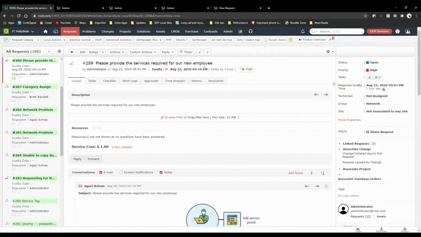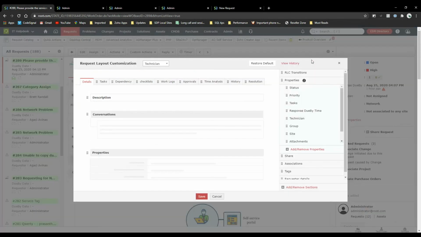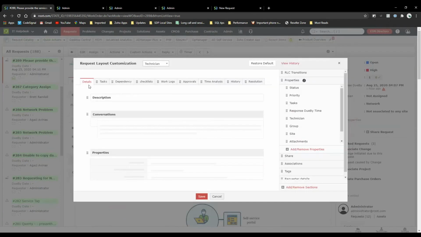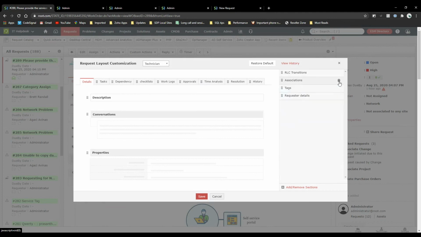In the template, or while you're working with technicians, in our previous builds we never had this option to customize how the layout should look for the technician or for the requester. But with our latest version, we brought in that feature as well. So you can configure where the history tab should appear, and if you want to remove certain things, of course you can remove the property. You can remove these options and save it. So all these you can pretty much control